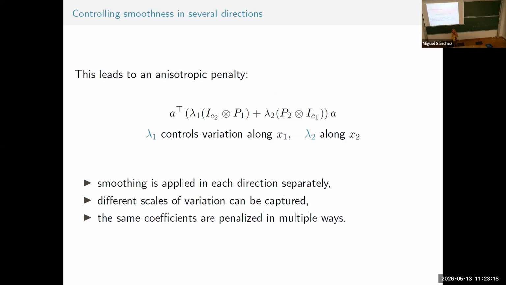You can do a diagonal penalty if you believe your process. For example, I work with mortality data, mortality tables, which give you how many people die per year and age, and you have cohort effects. You can add that type of penalty here. This is very important when your covariates have different units. It wouldn't make sense to penalize in the same way something measured in Celsius degrees and something measured in kilometers, so you need to be able to separate this amount of smoothing.